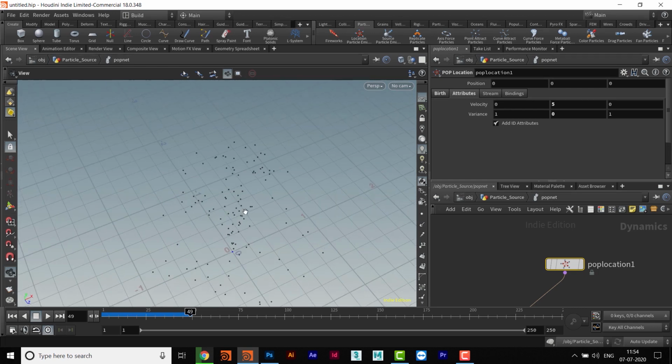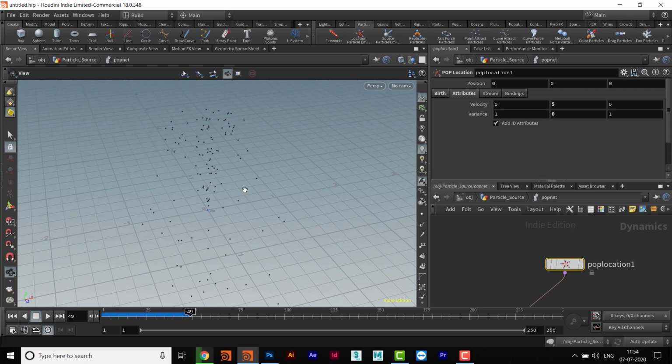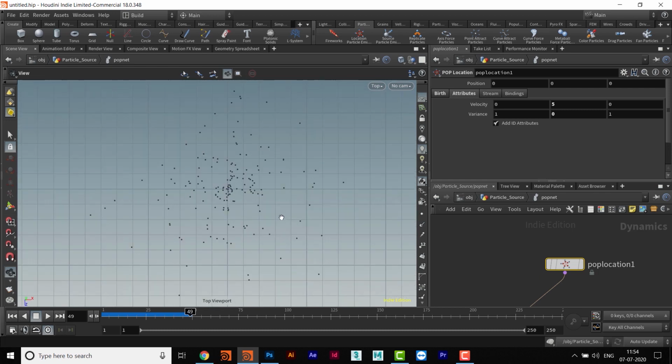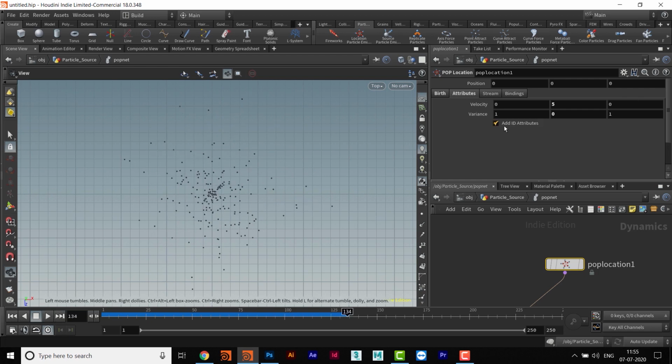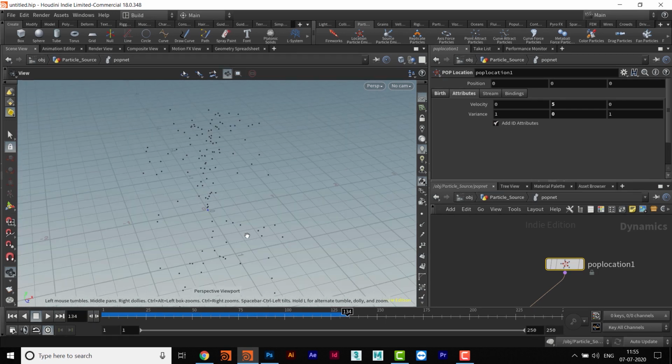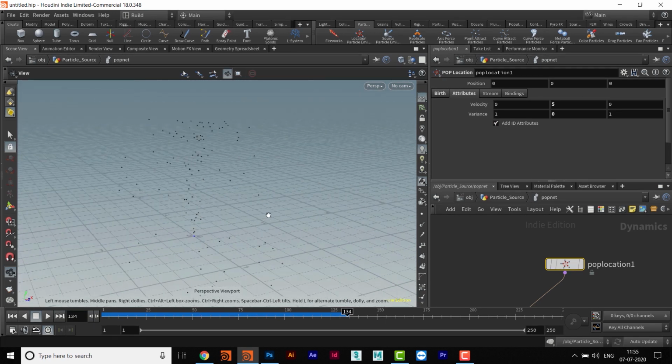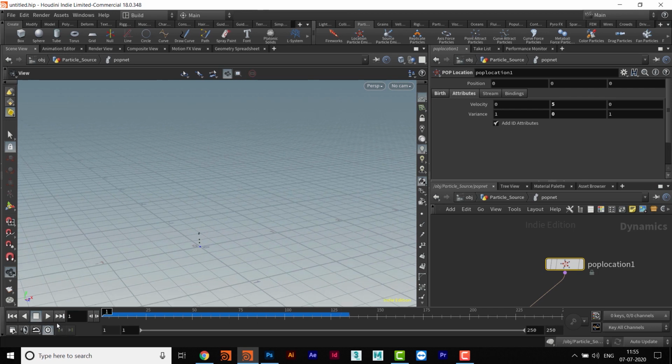That is why when I hit top view, press 2, you will be in top view, and then you can see the particles are moving in x and negative z axis along with the y axis. So they are going up and they are going in the other two directions, x and z also, and that is the benefit of getting that variance value. So press 1 again and come back to the perspective viewport, and then you can see this.